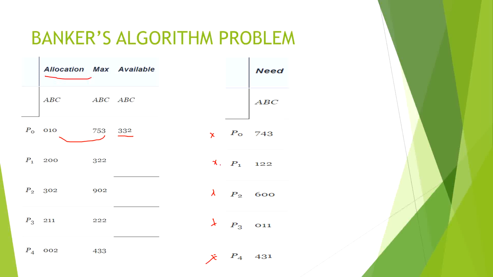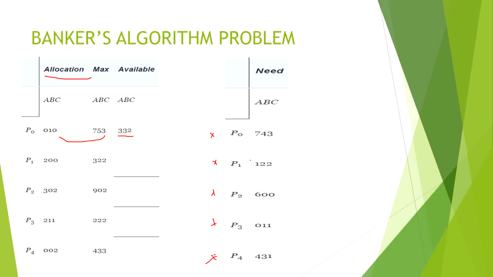So in this case it is not, then it will check whether what it is needed is available with the system or not. So as you can see, 1 2 2. First of all I want to make it clear that these records are not 743 122, these are simply the instances of the resources and should be read as 122. Okay, so now we will check that 122 is smaller than 332, and yes, we encounter